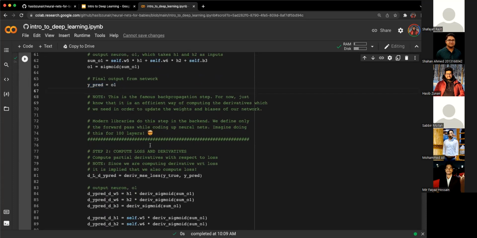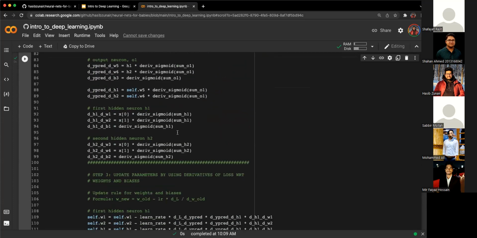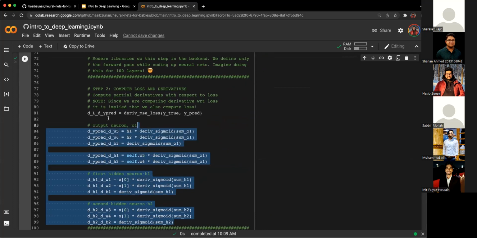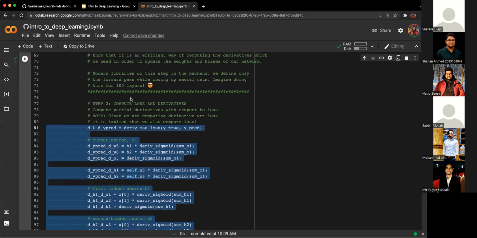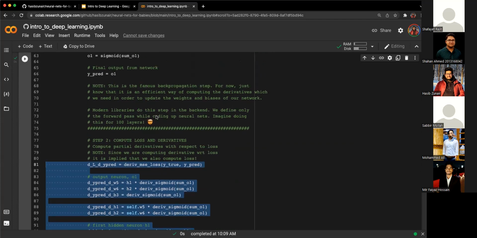And in the second part, for gradient descent, we want to compute the derivatives. In that case, we're using backpropagation. I have the code over here, but since we're not covering backpropagation in detail, we're just going to go over it at a high level. It's simply computing all the derivatives with respect to the weights and biases of the network. That's just what it's doing.